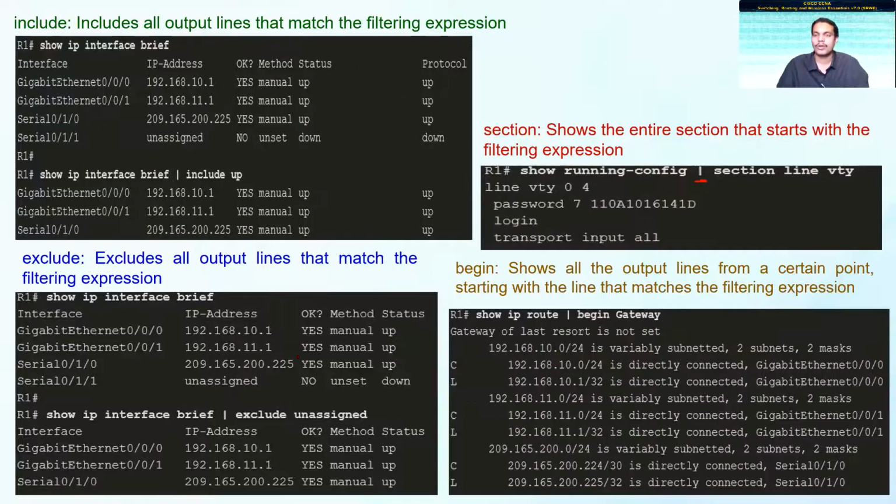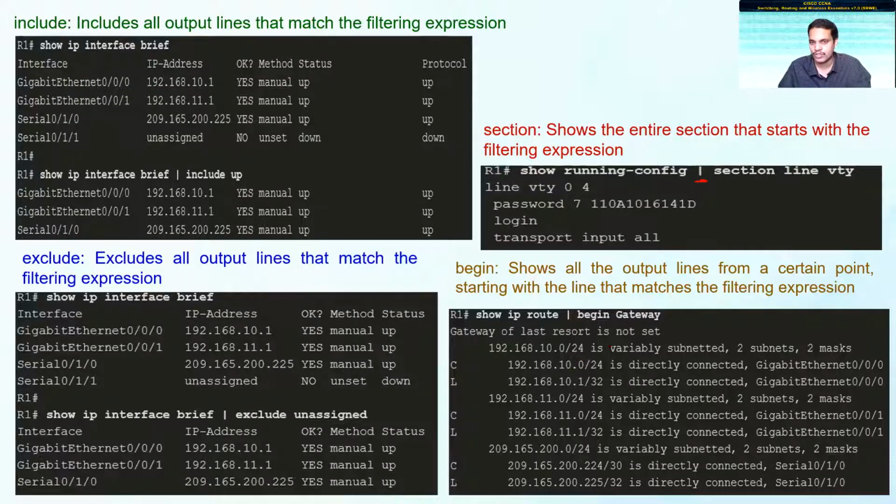The final one is begin. This is also a filtering output which shows all output lines from a certain point, starting with the line that matches your filtering expression. If you say show ip route, pipe, begin gateway, then from the point where gateway comes, all the output following it is displayed.